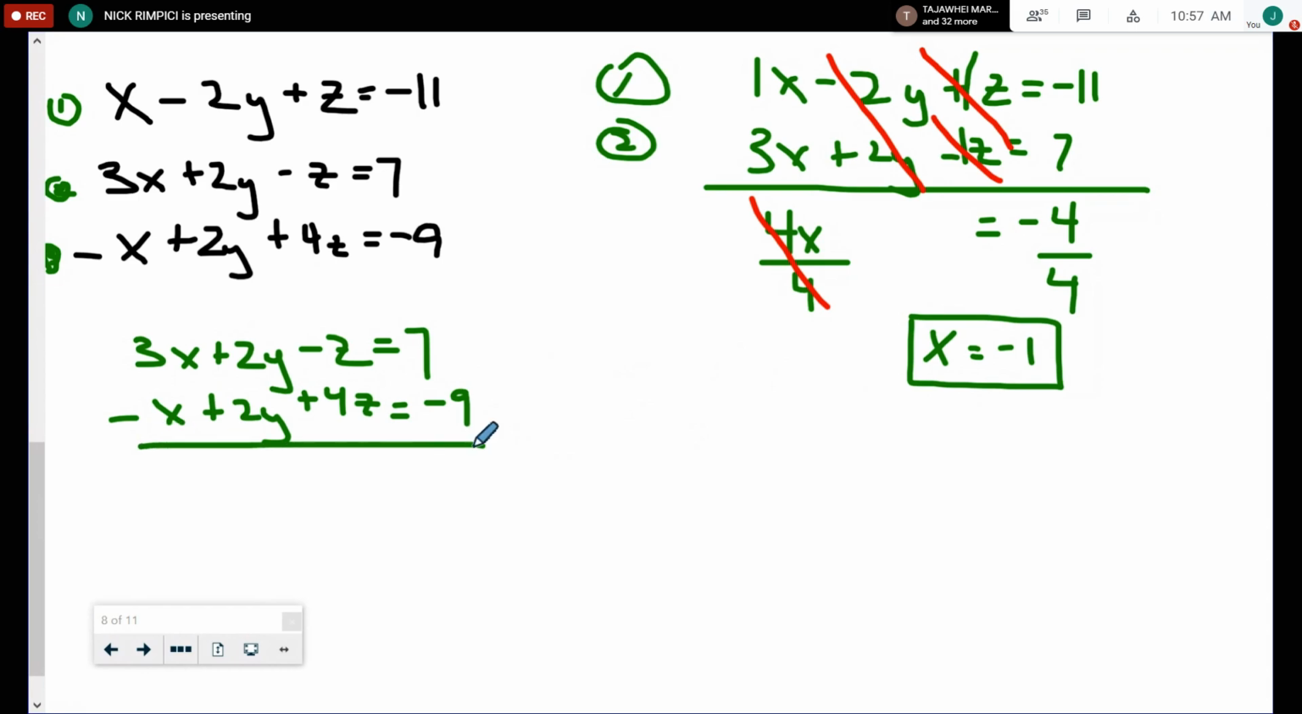Let's try to eliminate a variable here. Don't eliminate x because you already know what x is. You need to eliminate either y or z, and it's kind of your choice. Z? You want to get rid of z? Okay, if we get rid of z,